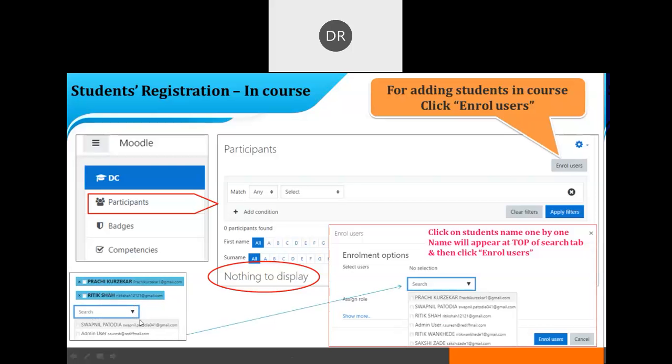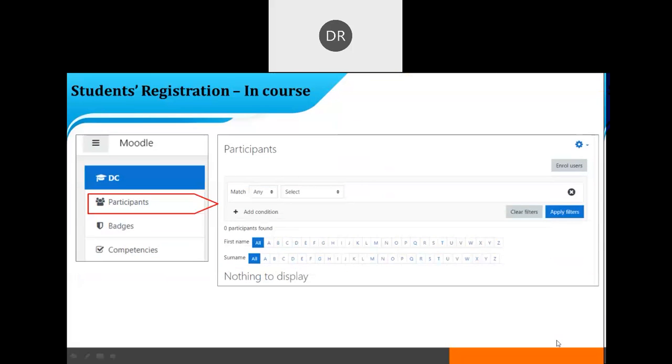So this is how you have to select students one by one. Then all the data of the students will appear above the search option, and after selecting all the students there will be one tab at the right side, enroll users. So simply you have to click on enroll users.